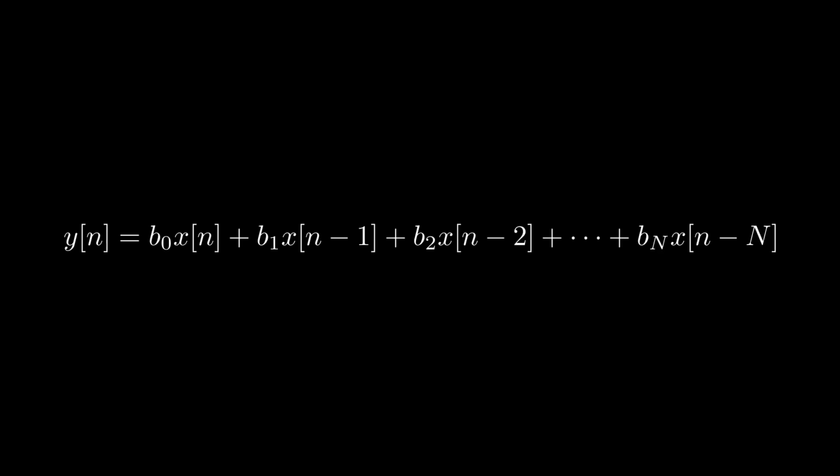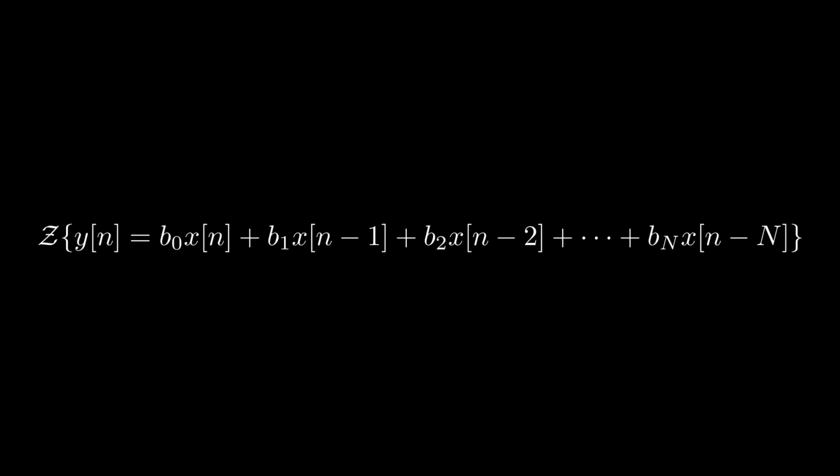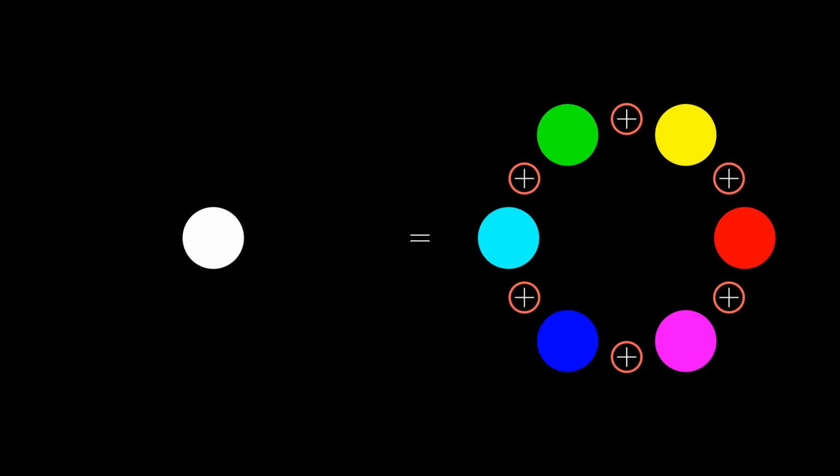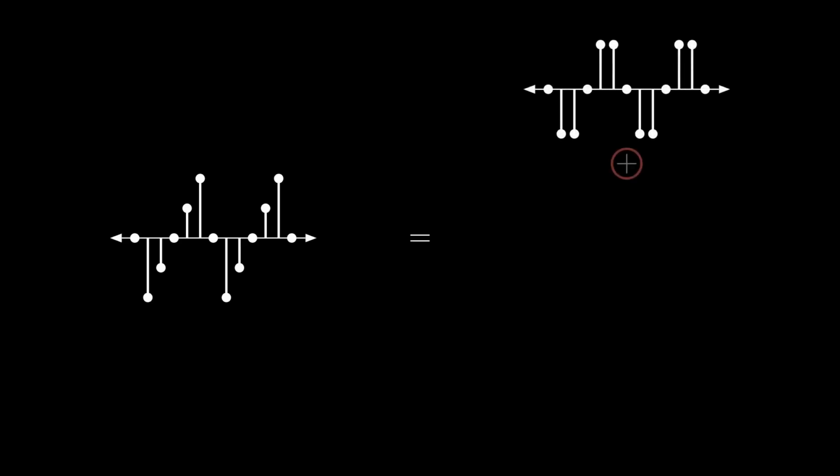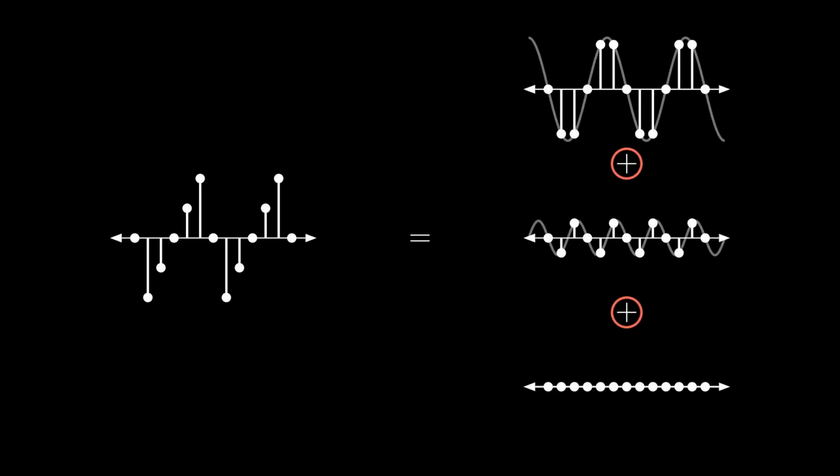This equation helps us to implement a causal FIR filter, but it's not really clear what effect the filter will have on input signals. To get a better understanding of how this equation affects the input signal, we use a tool called the Z-transform. The Z-transform converts the filter's equation into a form that tells us how the filter modifies the frequency spectrum of the input signal. Before we get into a deeper discussion of the Z-transform, we need to understand what the frequency spectrum of a signal is. Have you ever heard how what we perceive as white light is actually the sum total of the entire color spectrum? The same phenomenon applies to audio signals as well. Every audio signal can be broken up into a sum of pure tones of increasing frequency.